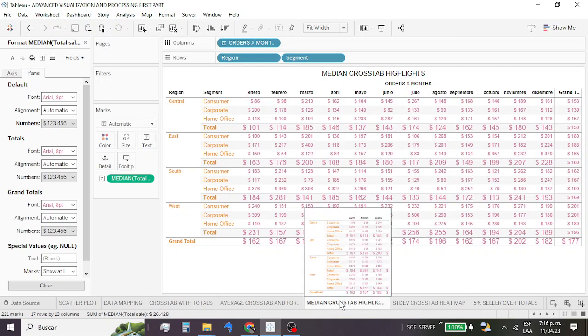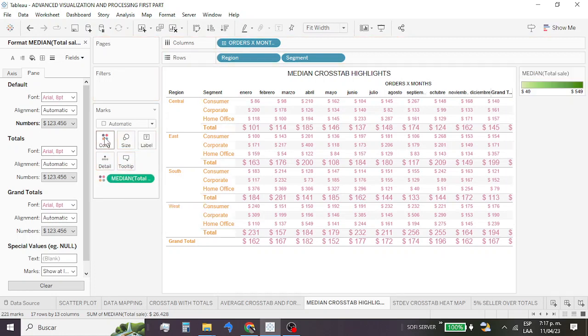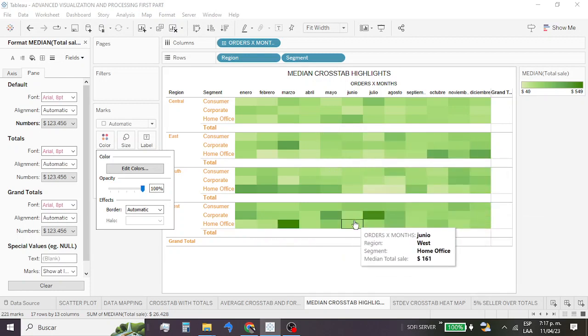Now, the fact is that I want Tableau to show the values in a color depending on a scale from lowest to highest, and I'm going to bring this median total sales to color, right? And now we have a scale in colors,